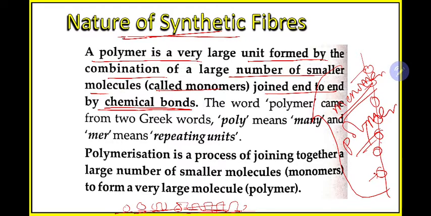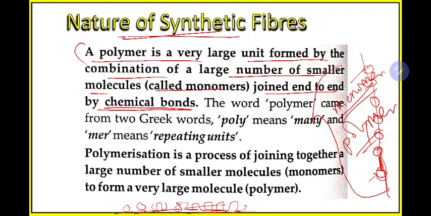Now I will explain the same thing here, but what is the change? I have already told you how human beings develop synthetic fibers in industry using chemical reactions, petroleum based chemicals. Instead of thread, which we use for making a necklace, here we use chemical bonds to join these small monomers. Here comes the application of chemistry, and this is why these are made in industry. If it were like a necklace, people would develop synthetic cloth at home, but they are not using thread. They are using chemical reactions and chemical bonds, so these need to be developed in the industries.